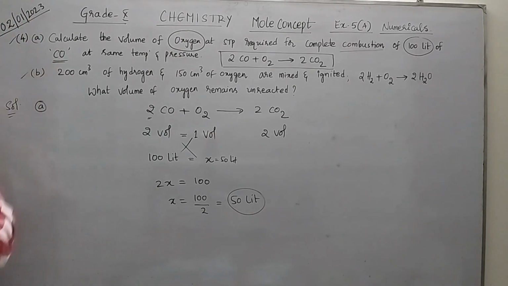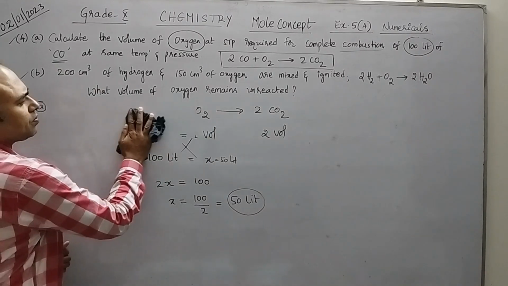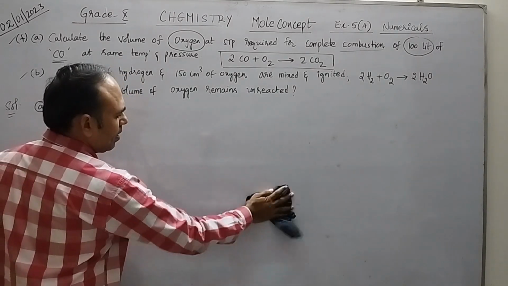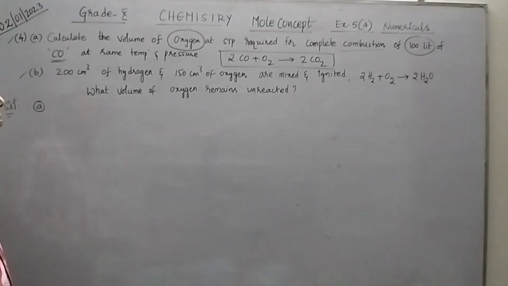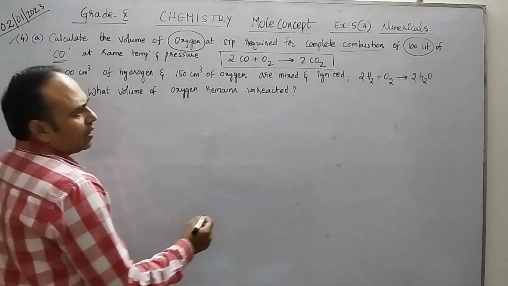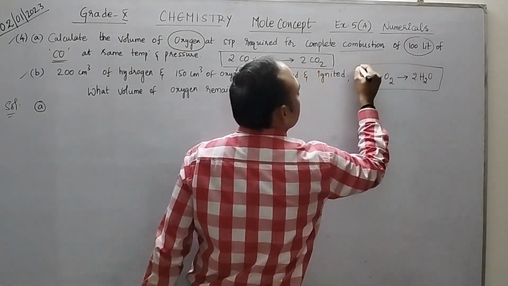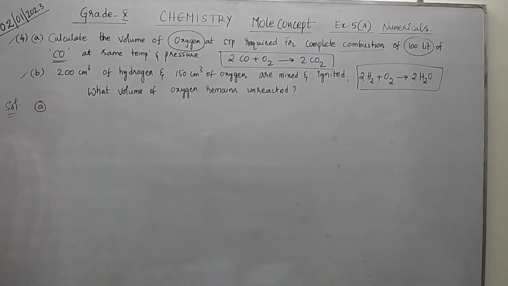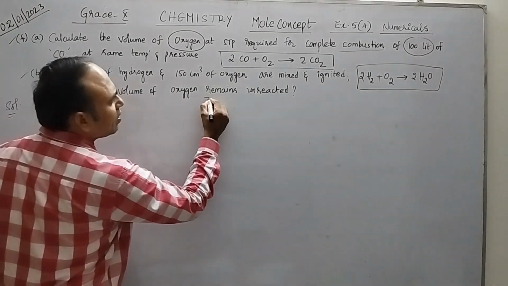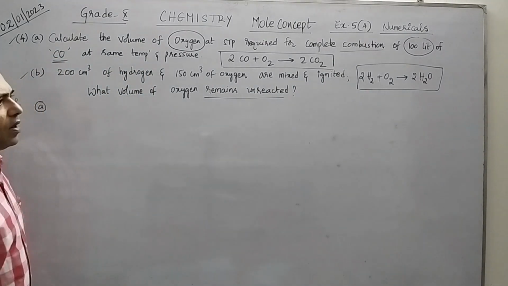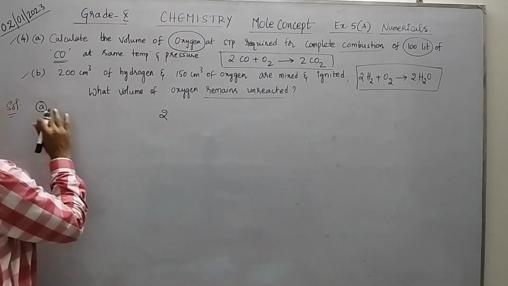Now coming to B, what have they given? 200 centimeter cube of hydrogen they have taken and reacted with 150 centimeter cube of oxygen, and this is your equation. Now what is being asked here? What volume of oxygen remains unreacted? So let us see the equation first. So if you take B,